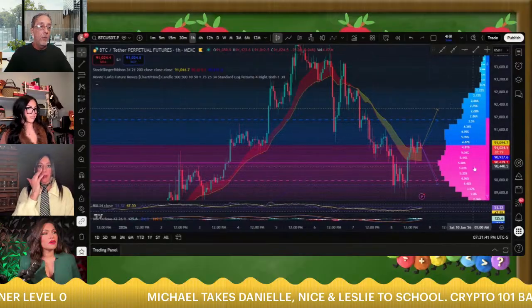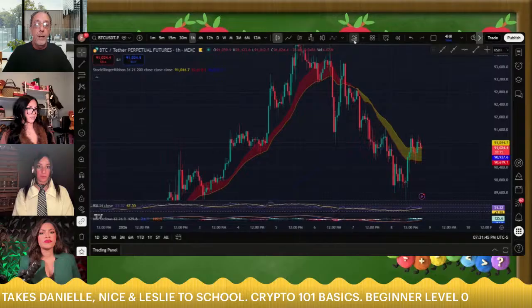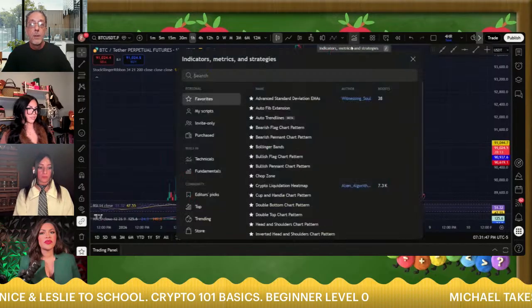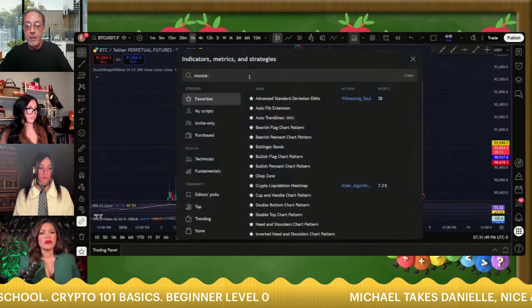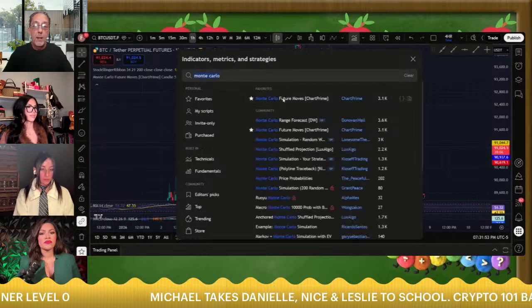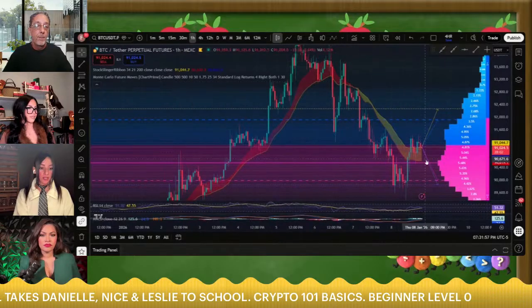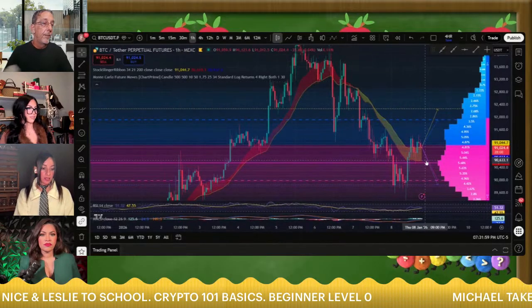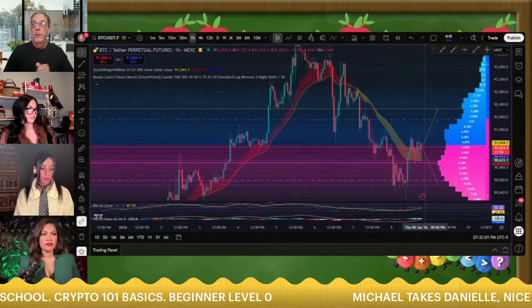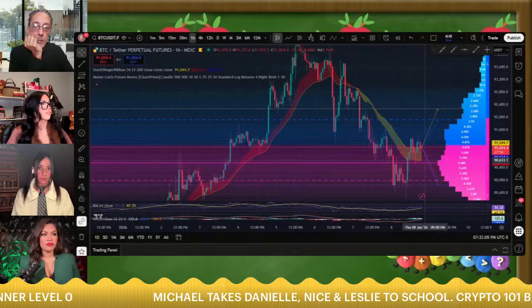So the Monte Carlo just popped up here. You see how I did that? Came up here to indicators, typed in Monte Carlo futures moves, clicked it, and added it right there. When I click it, it doesn't come up on the side, but the whole rest of the screen is pink and blue.